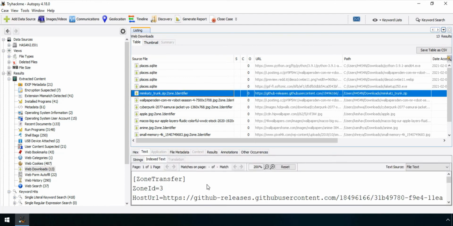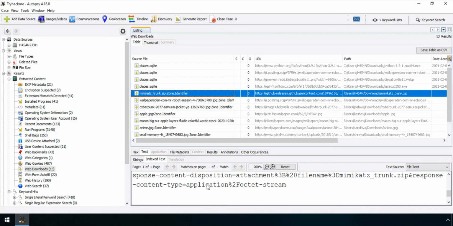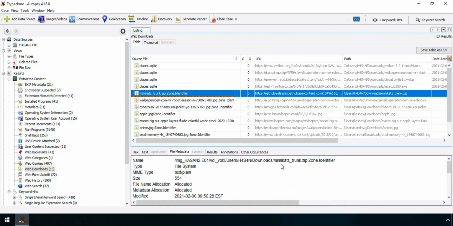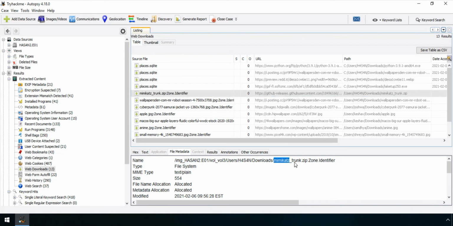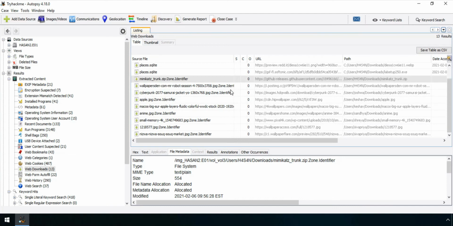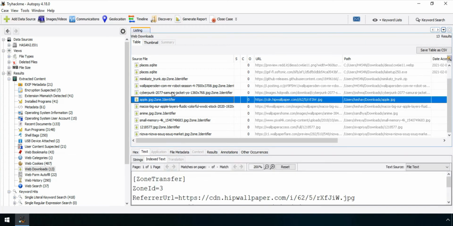So one of those tools is Mimikatz, as you can see, Mimikatz-trunk.zip. It is the archive of that. So I already have the information that there were tools like Mimikatz. Let's see the whole list if the other tool is also downloaded or not. But actually it is not.